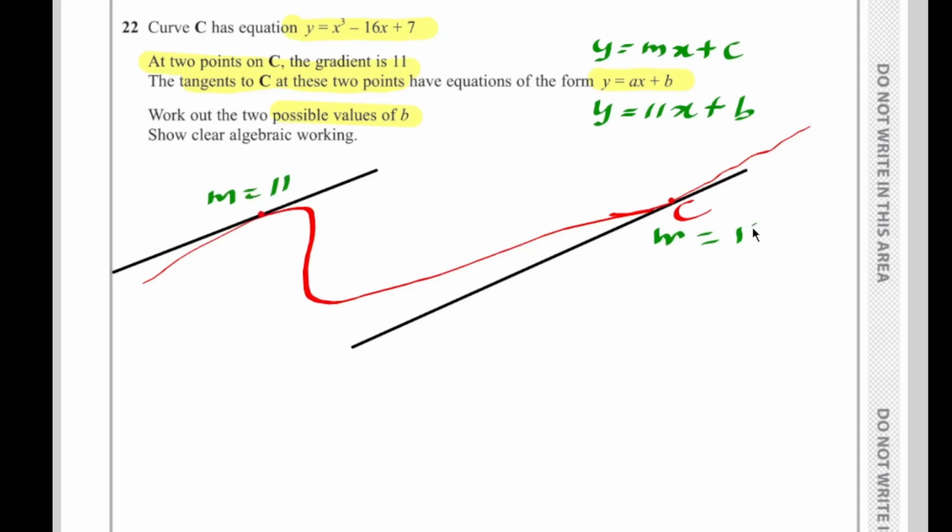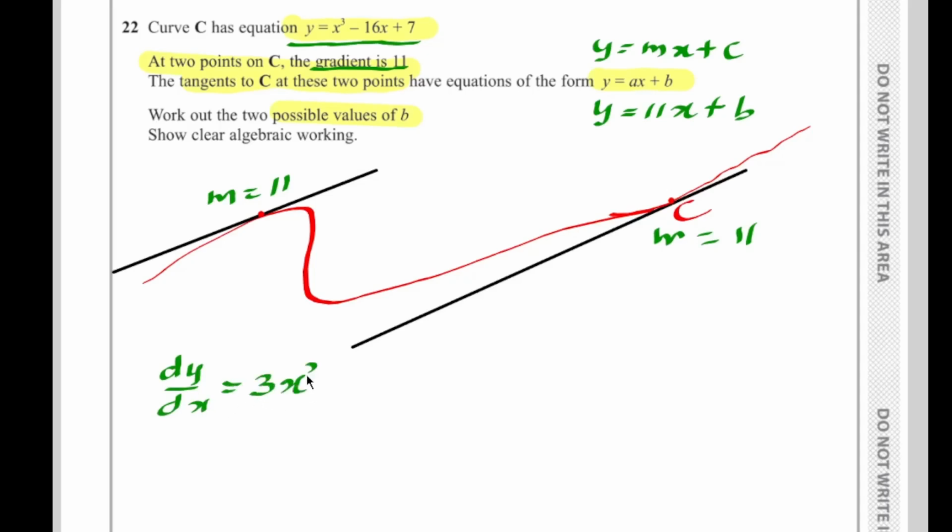So if the gradient is 11, when there is a curve and a gradient combination. Now, you know nothing about this question. Let's say you know nothing. There is a curve, but the gradient, do the differentiation. You get the differentiation, you can score 1 mark or 2 marks. So I'm going to get the differentiation as the gradient is given. That's the first thing I'm going to do. So dy by dx, gradient means dy by dx equals